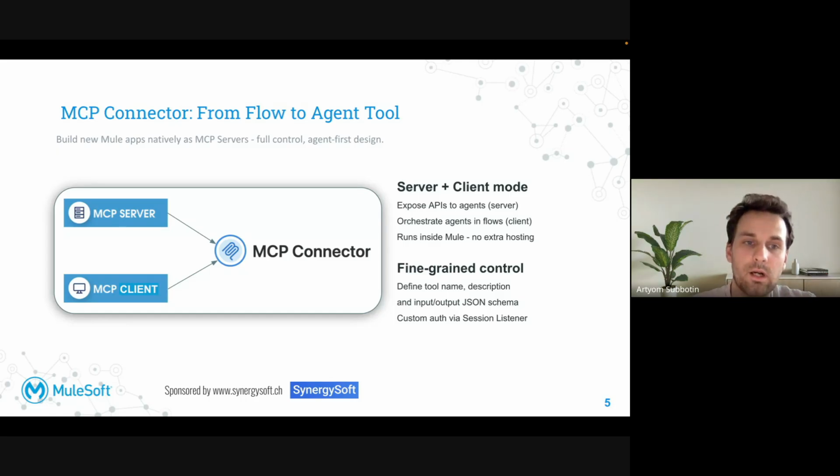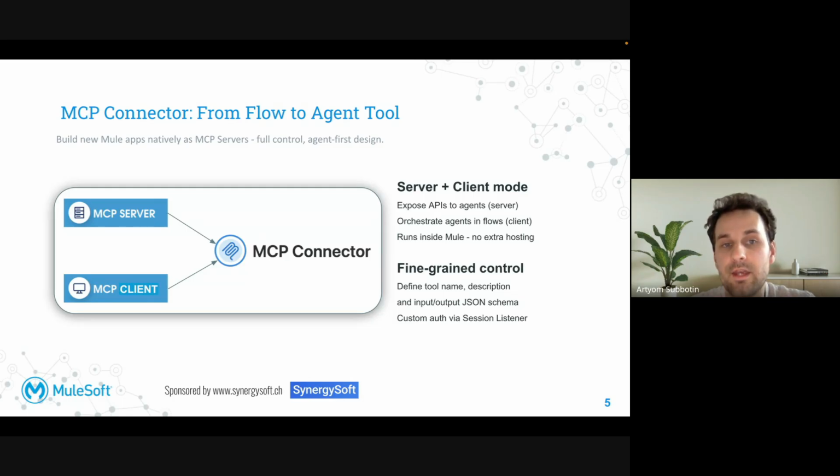Again, there is no necessity to start the integration from scratch if you want to implement MCP. You just need to choose the correct approach for your particular situation. MuleSoft gives you two different choices or design patterns for how to do this.